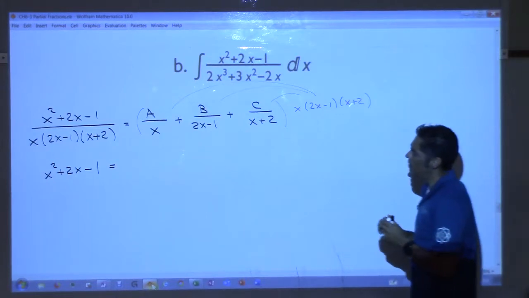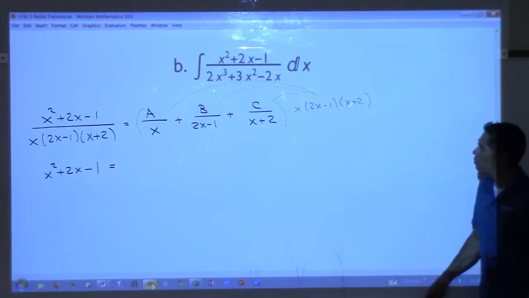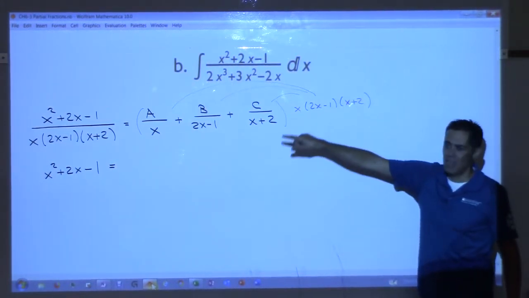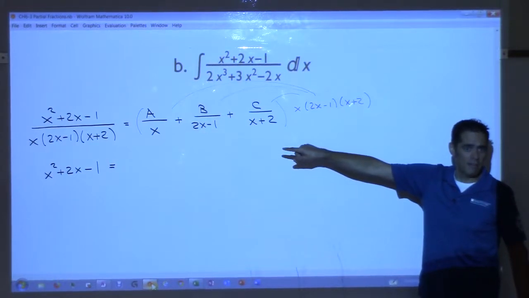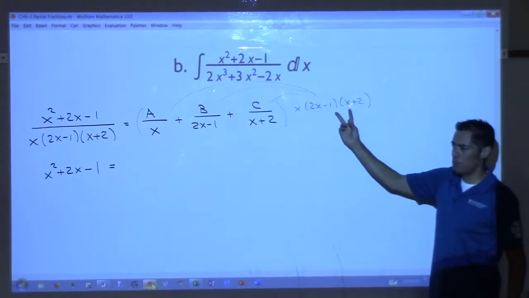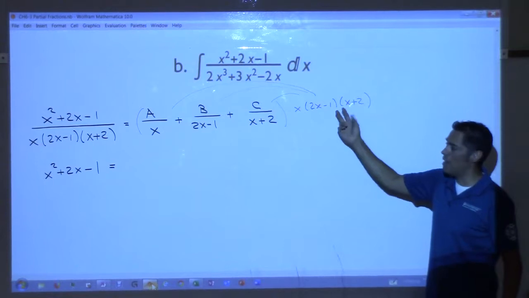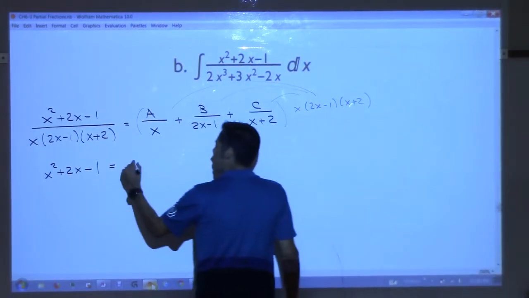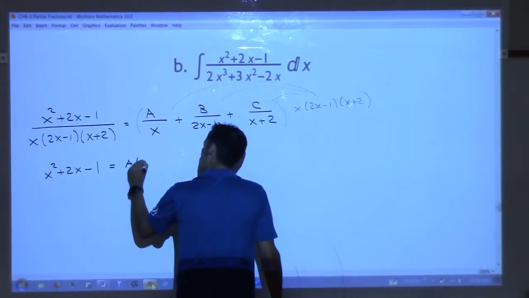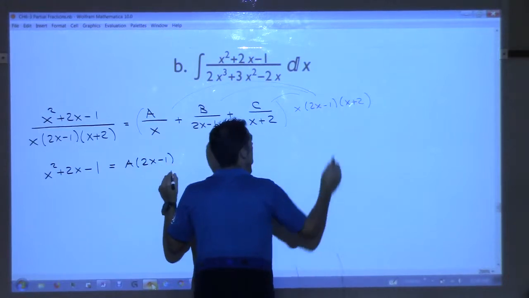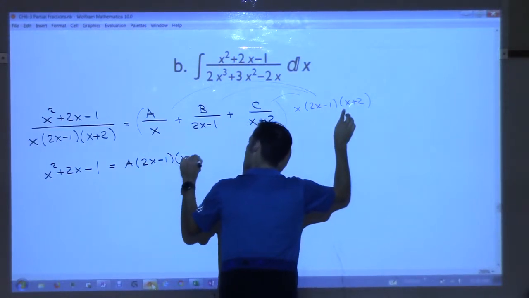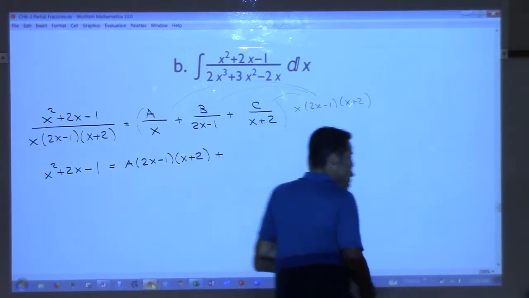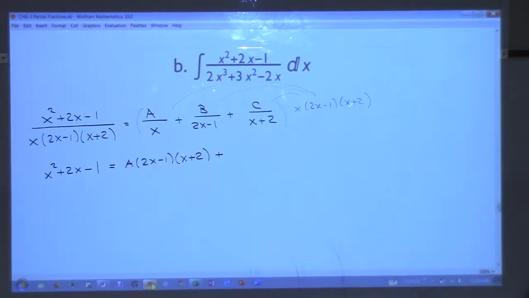So when I hit that first term, a over x, the x and the x in the denominator cancel, but you still have these 2 factors, and you have the a. So I'm going to have a times 2x minus 1 times x plus 2, plus